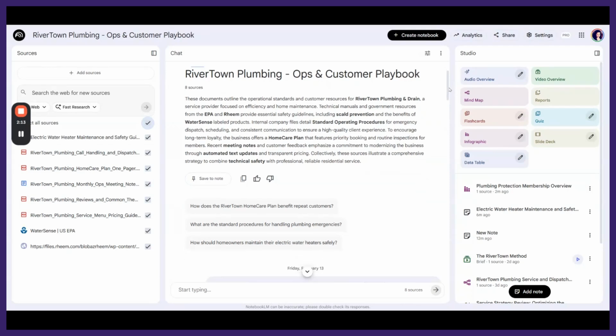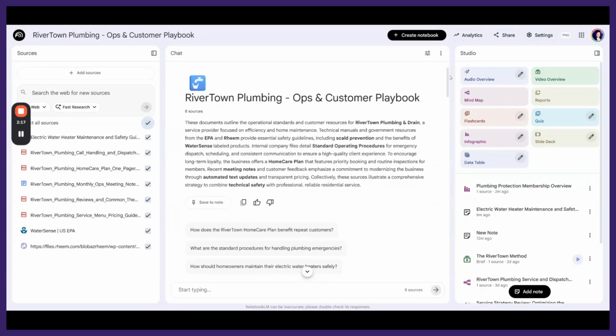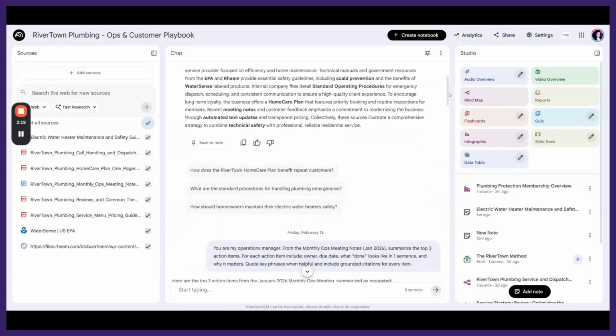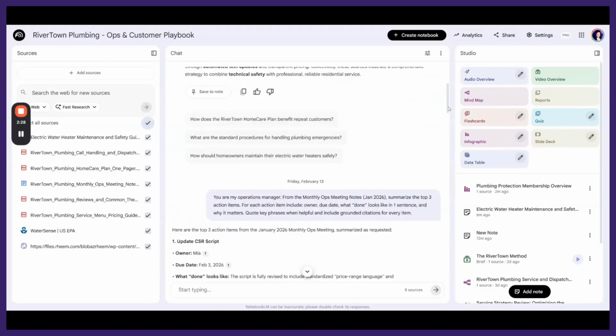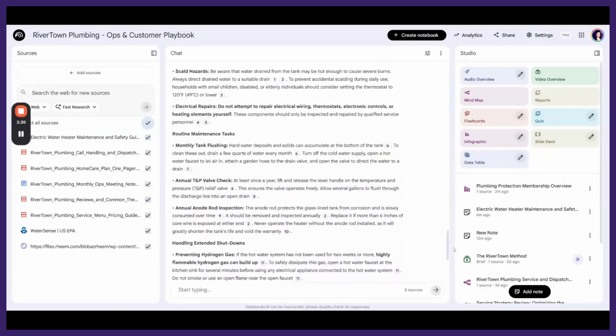Earlier today, it took a little bit longer than I expected, so I didn't want you to wait for it to load. I'm just going to show you the results of it. I asked this question right here: How should homeowners maintain their electric water heater safely? The outcome was